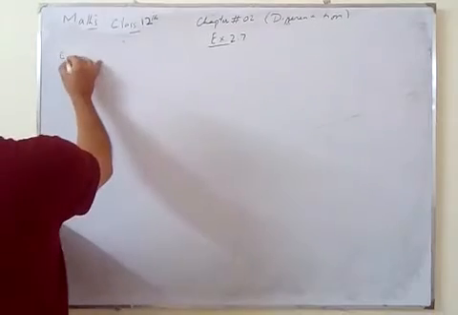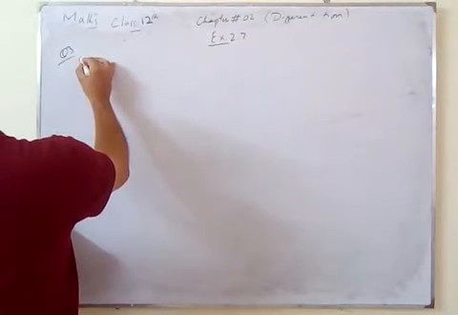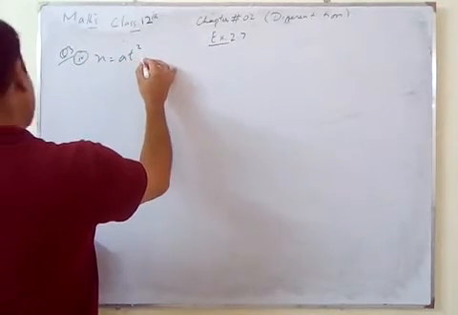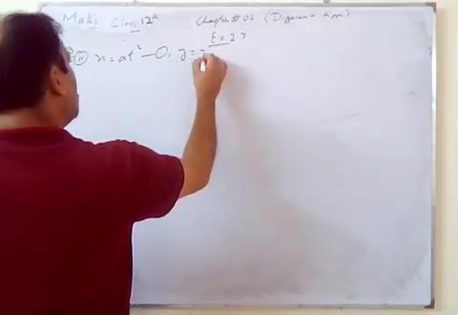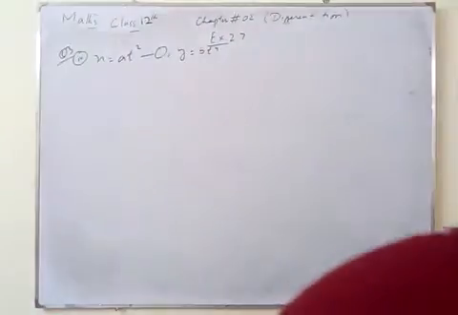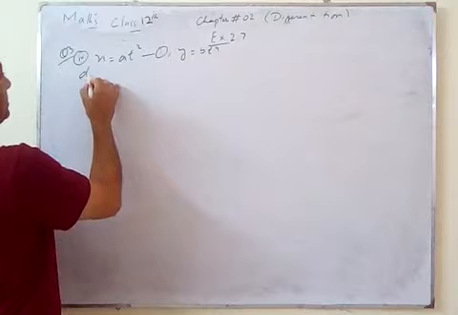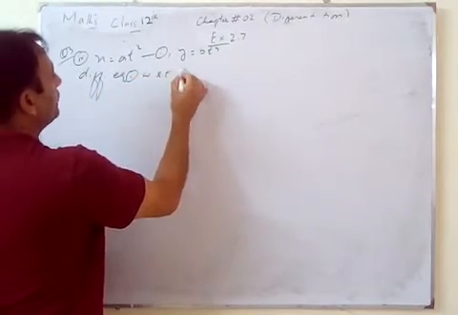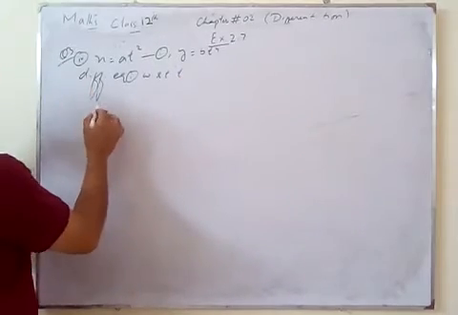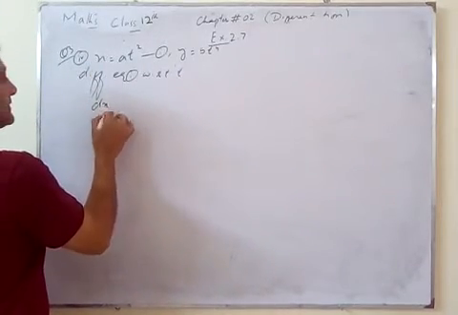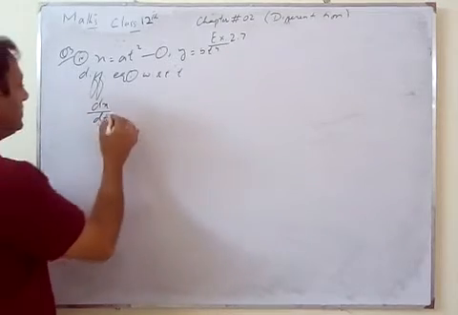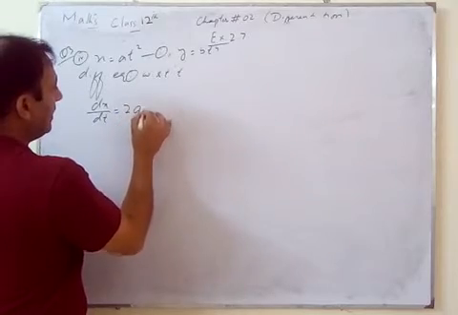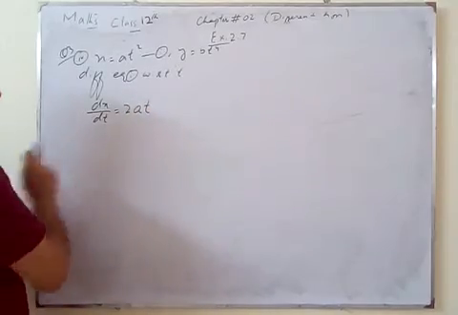I will solve one more question from question number 3, fourth part: x is equal to a t square and y is equal to b t power 4. So here differentiate equation 1 with respect to t. So dx by dt is equal to derivative of a t square, so we have 2at. This is the derivative of this.